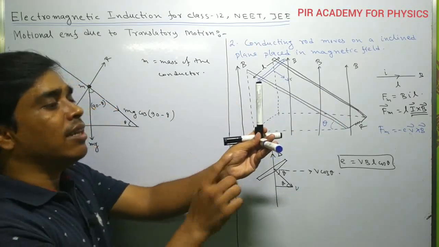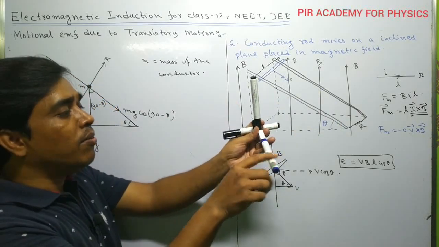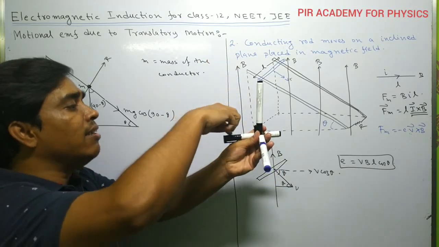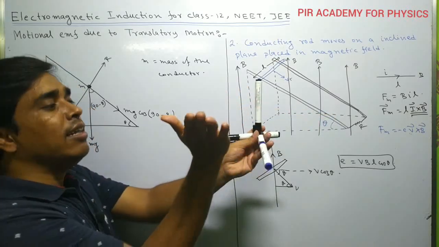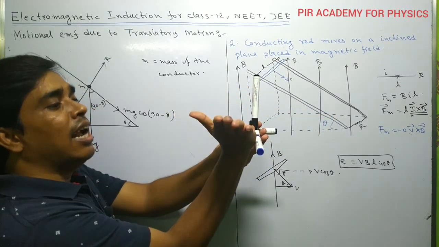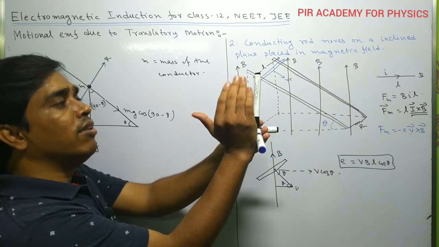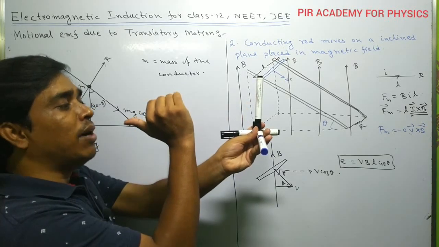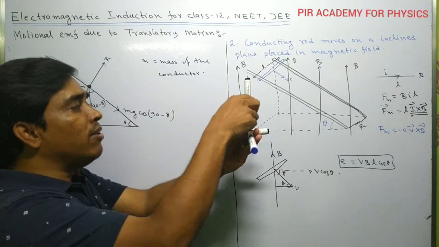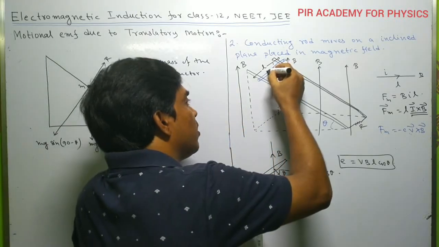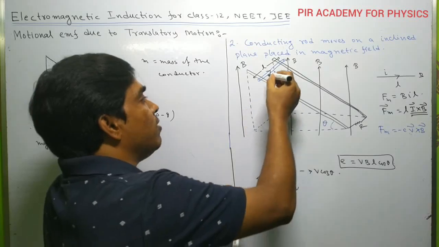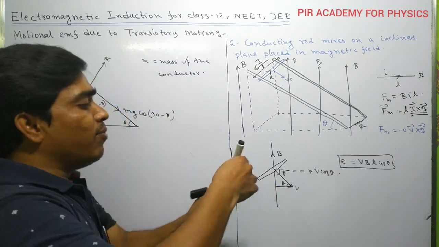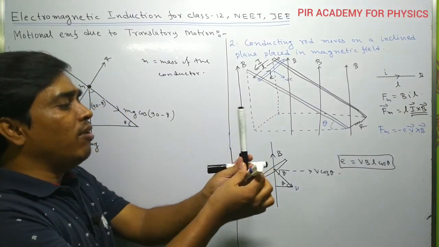How can you calculate that? This is the direction of V, that means the velocity of the conductor, and this is the direction of the magnetic field, and this is the conductor. So this is my right hand. This right hand is placed along this direction and I move the fourth finger along the magnetic field. That means the direction of electron is along this direction, but there is a minus, so the electron moves along this direction. That means the current will be along this direction.